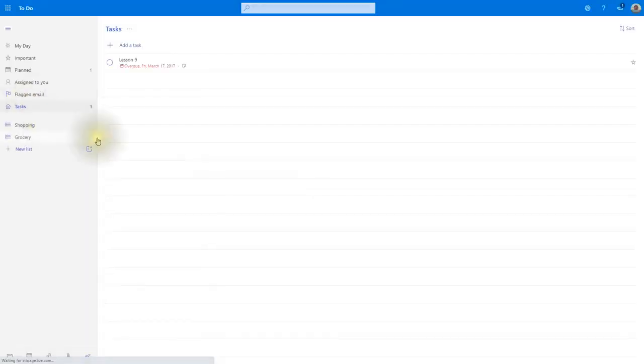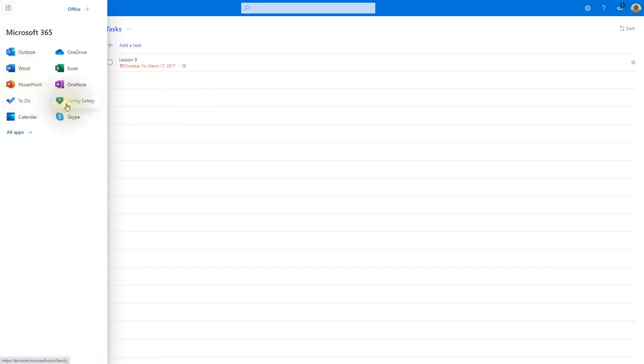Now the to-do list, you can link this to your cell phone or to your other devices, and you can add a day or add important notes or important to-do list. And you notice here you have different categories such as shopping and grocery. So you can add a new list and then simply add what you want in there, share it with your cell phone, and then when you're shopping, you'll see the list of the items that you want to buy at the store. Because if you're like me, when you go through that front door, I tend to forget everything there.